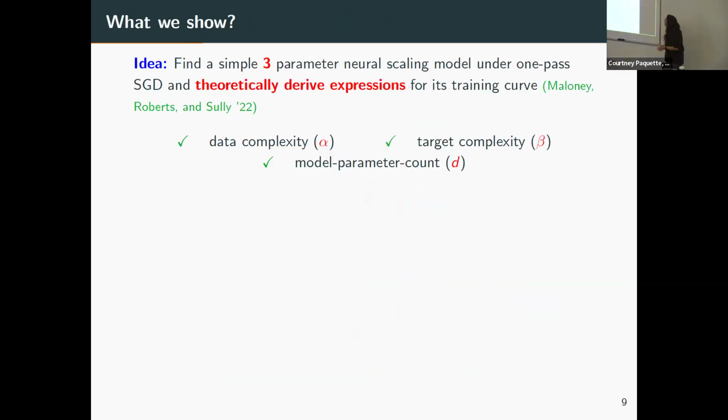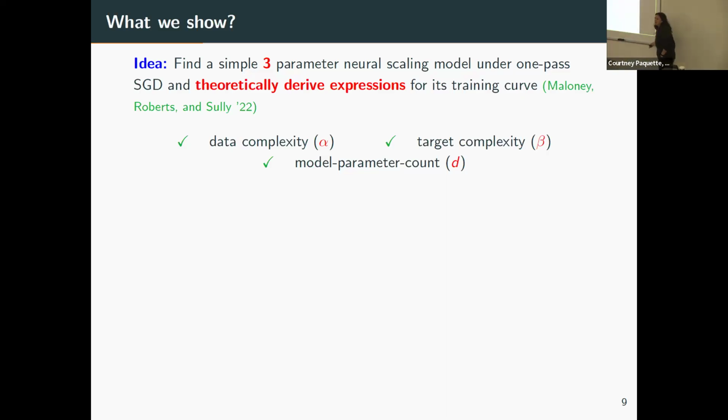So what is our goal? Our goal was to do this in a more mathematical way. That was totally empirical. They just ran an LLM. That was, I think, Google's one. So they had a lot more compute. They could run it on bigger models, things like that, and then they tried to fit everything. We wanted to do this mathematically.